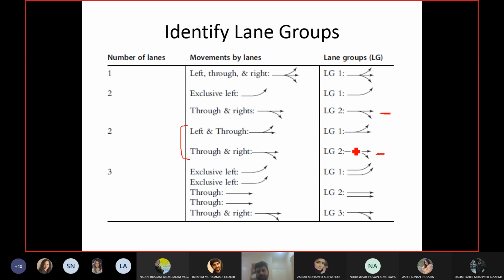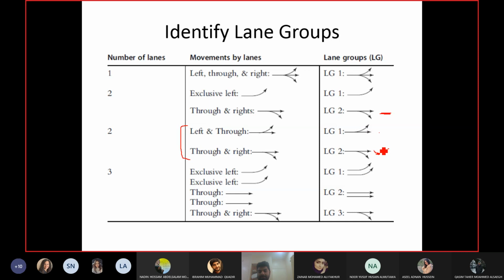This one is sharing the left turn, this one is sharing the right turn, so their capacities are different, so saturation flow rate will be different for both of them. Okay, so you have 2 lane groups, both having different volumes and different saturation flow rates, so their volume to saturation flow rate ratio will be different. For example, this one has a volume to saturation flow rate ratio of 0.1 and this one has, let's say, 0.15. So the critical one will be the one which is higher.